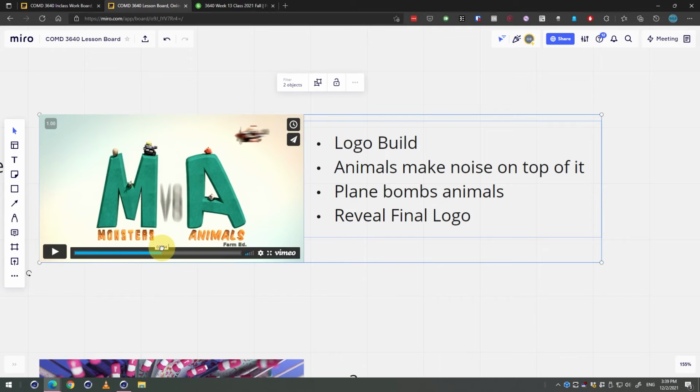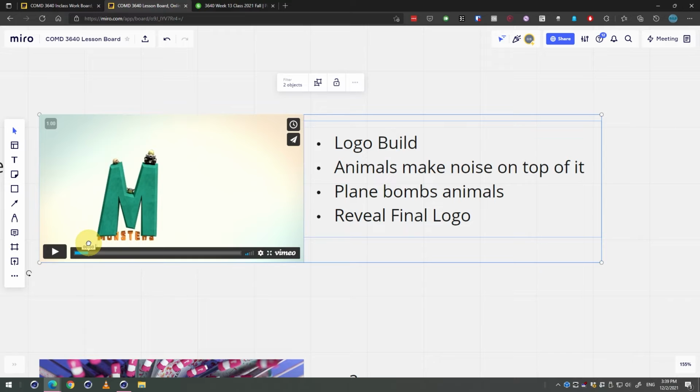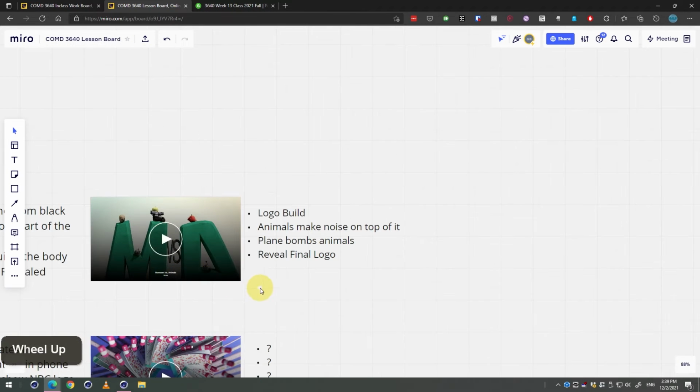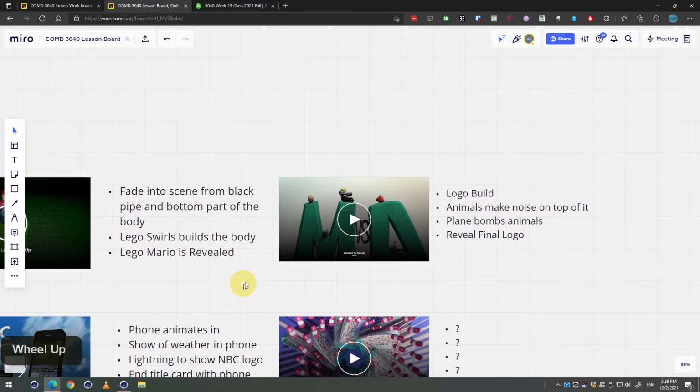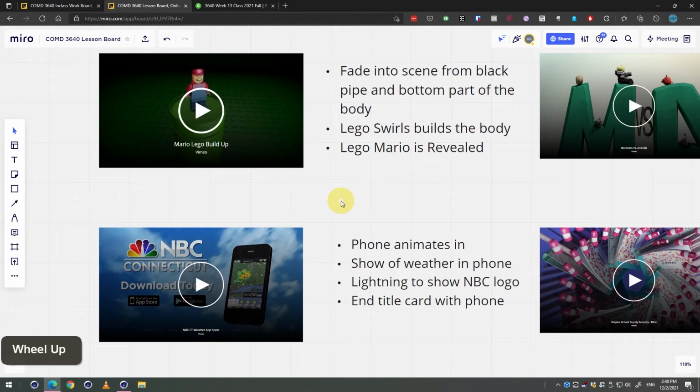So there's a couple different steps here that can be part of these individual beats, but this is just getting the essence of your animation. And again, these things can change over time. It doesn't have to be linear. It can evolve as you create your elements and create your assets. Maybe you figure out that something would be better if it works this way rather than another way that you had originally thought. So be open to the idea that things can change during the production of your animation,